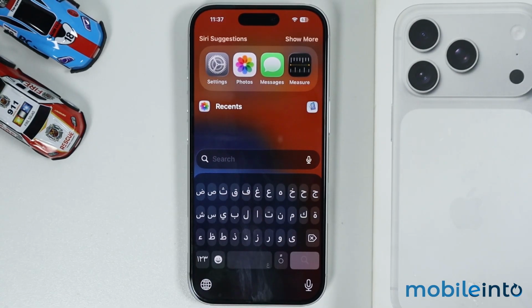And this is how you can change the keyboard language on the iPhone 17, 17 Pro and the 17 Pro